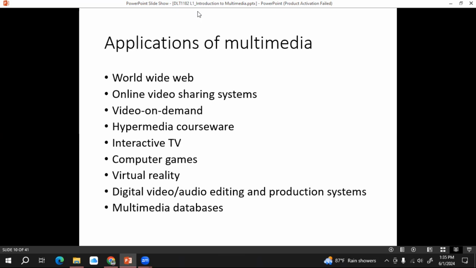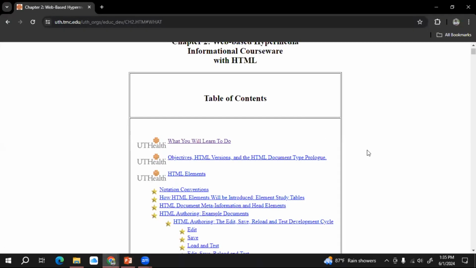Then hypermedia courseware. What does it mean by hypermedia courseware? I will show you an example. This is an example of hypermedia courseware.